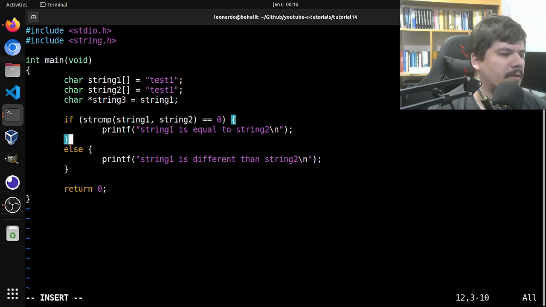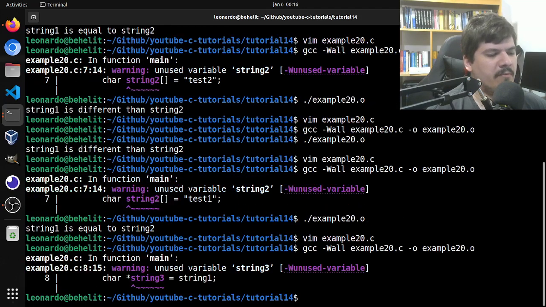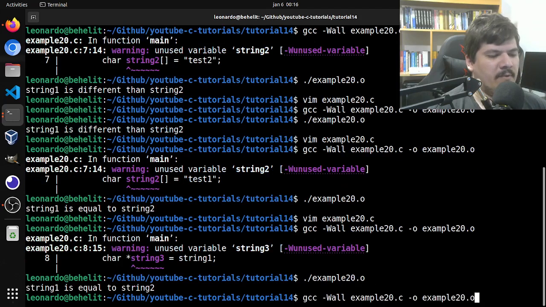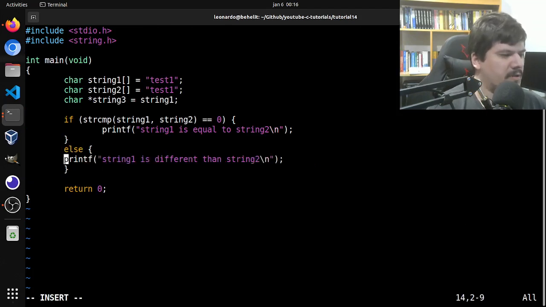They compare character by character, and then if they all match, it returns 0, and that means they're equal. Okay, so that's the thing that you have to, if you're coming from another language such as Python, Java, which has operator overloading, such as C++ as well, you might find it strange, right? And let's check what it returns actually,